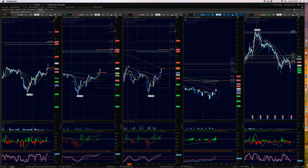There is some negative divergence, but momentum is still very strong. I suspect a short is going to be at the failure to breach 30.50, or the failure of 30.50, even if it expands past it, right? Where's the better long? The pullback